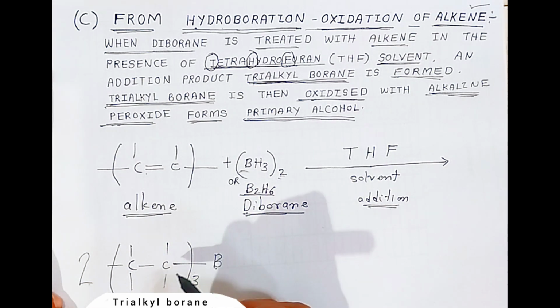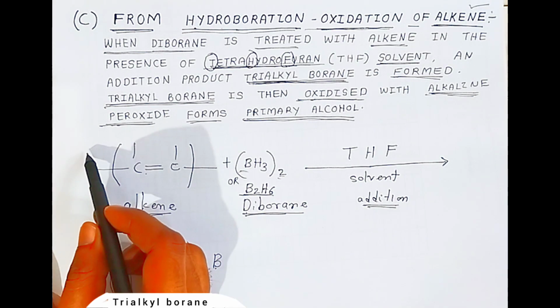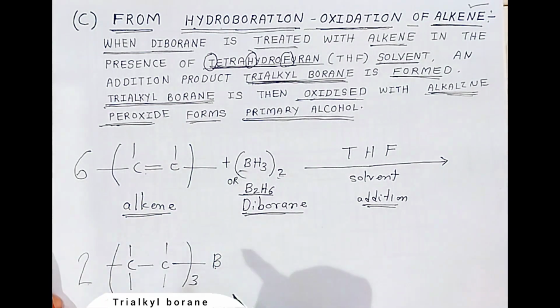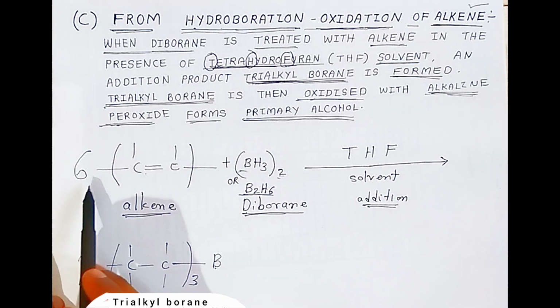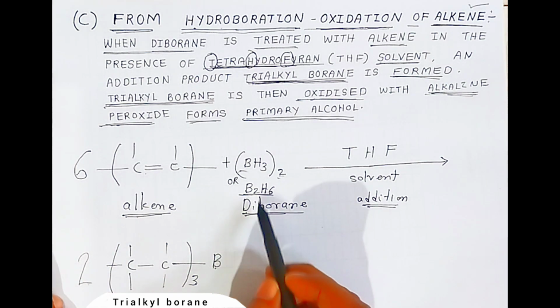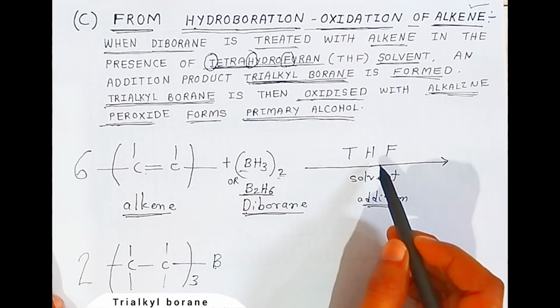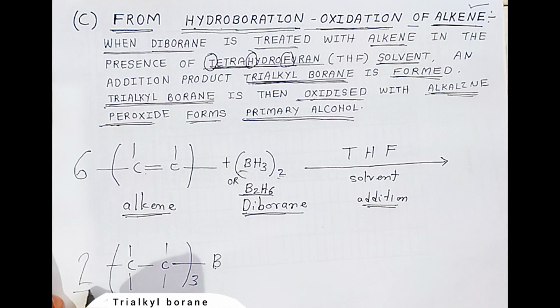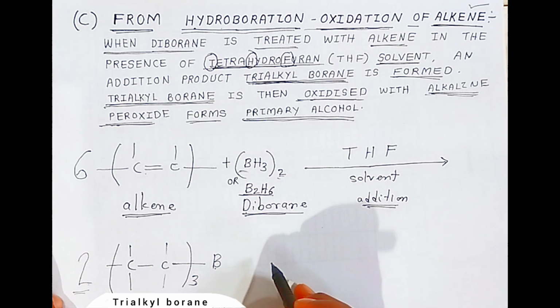Okay, students. So 3 twos are 6. So here you have to take six molecules of alkene. How is it coming, students? 3 twos are 6. That means 6 molecules of alkene react with diborane in the presence of THF, and it gives you two molecules of trialkyl borane. Now this trialkyl borane, students,